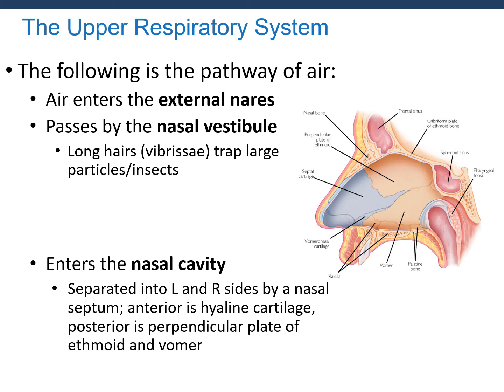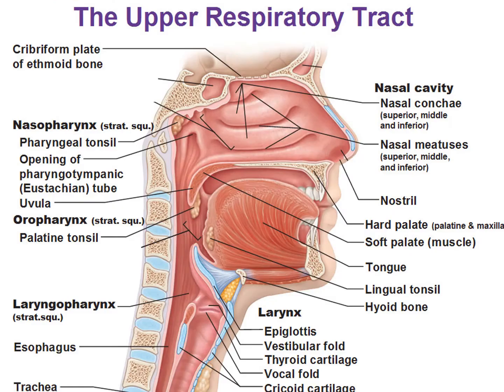The anterior is hyaline cartilage. The posterior is a perpendicular plate of the ethmoid and the vomer. This is going to extend back and go into the nasopharynx. Here we can see the upper respiratory pathway, and we can see where the nose is, the nares, and then we can try and trace that down and back. So air would flow through the nose back to what we know as the nasopharynx, the back of the nose